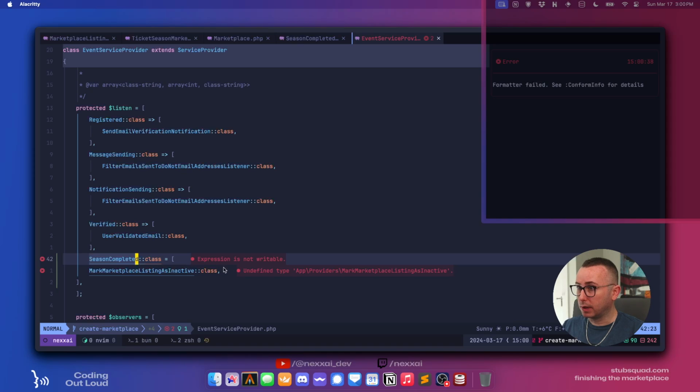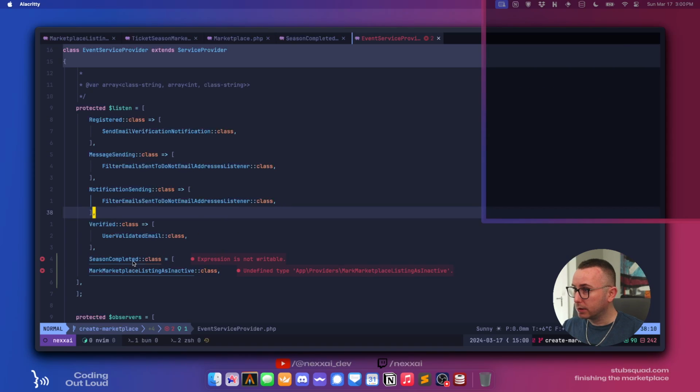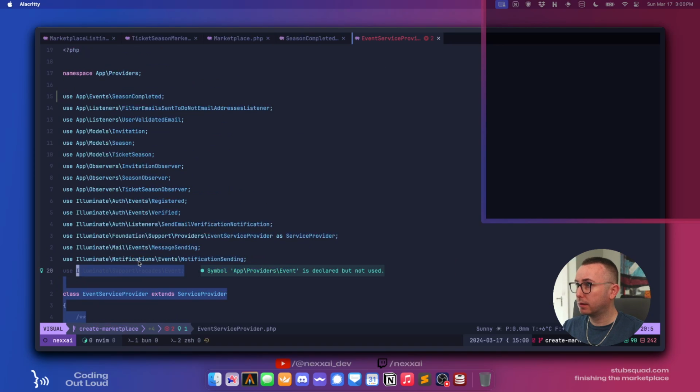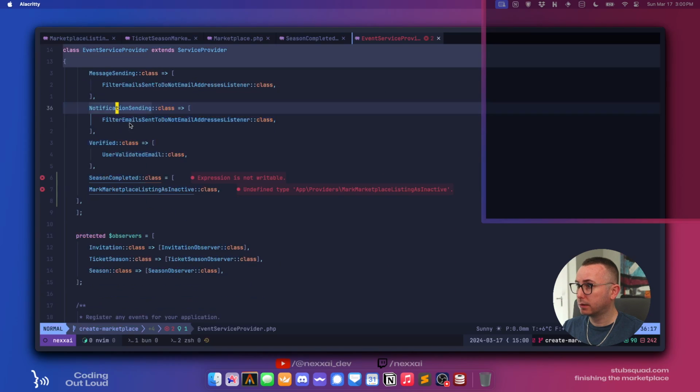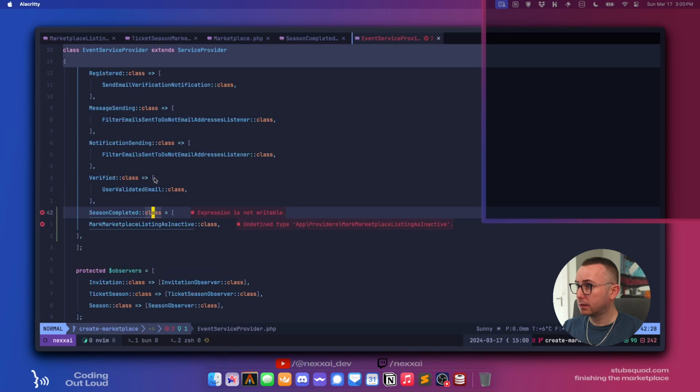Expression is not writable. Okay, that's a new one. SeasonCompleted. Is that not use App\Events? Define type.